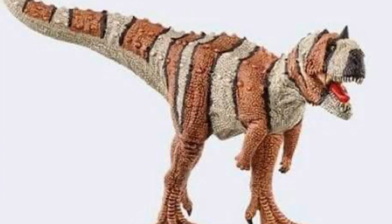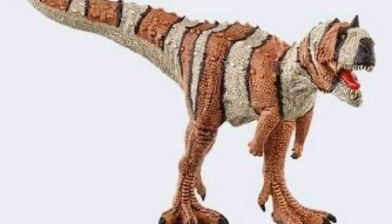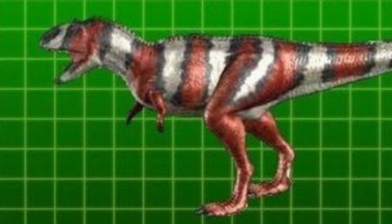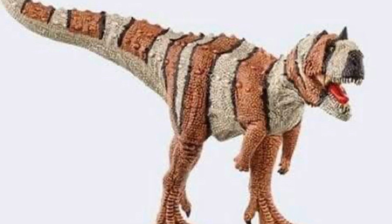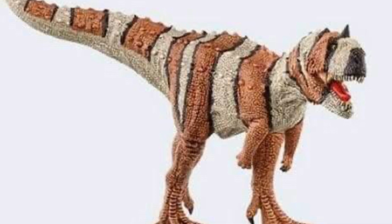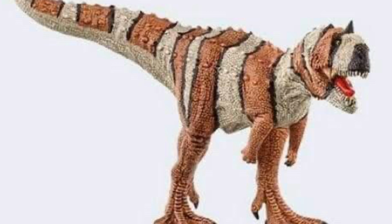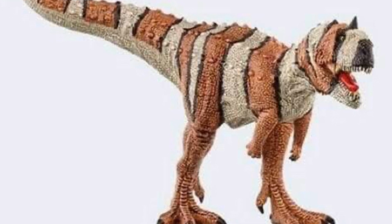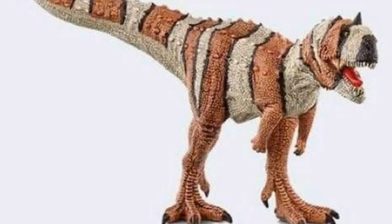So first up we have the Majungasaurus, which in my opinion is my favorite of this group, and also, my friend Dinosaurs pointed out, it somewhat resembles the Dinosaur King Majungasaurus, which is pretty cool. Besides that, the colors actually look pretty nice. The nice orange and white and black are pretty good, although the arms are a little too big and beefy for my taste. Besides that though, the sculpt, while it looks a little weird from this angle, probably will look a little better in hand,